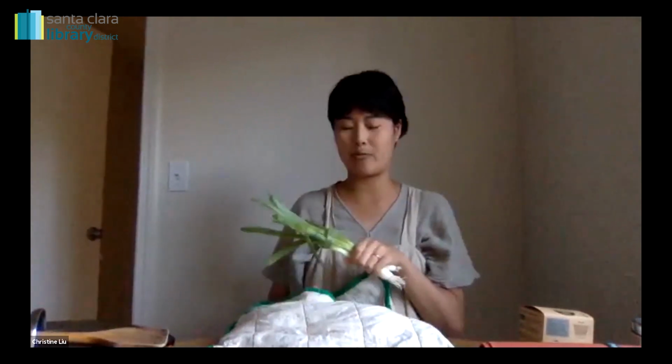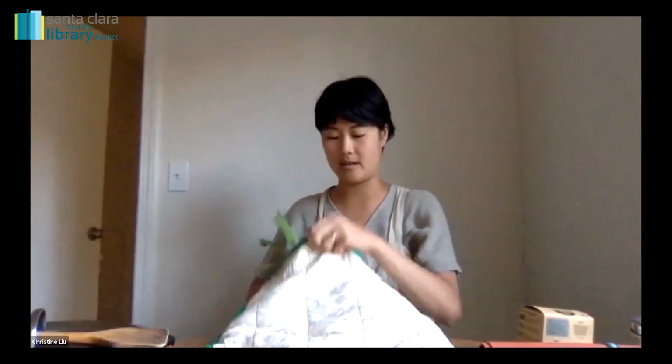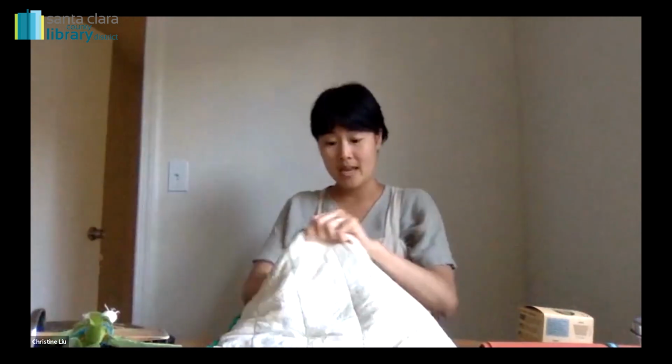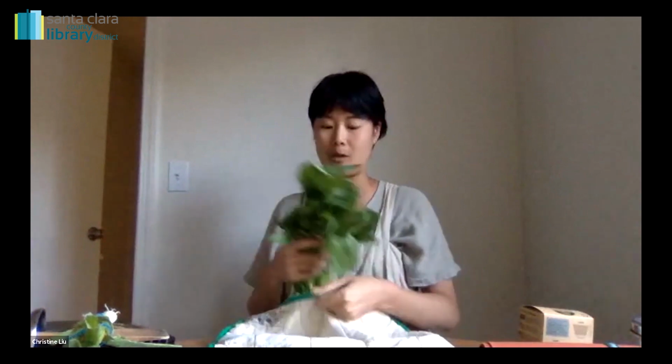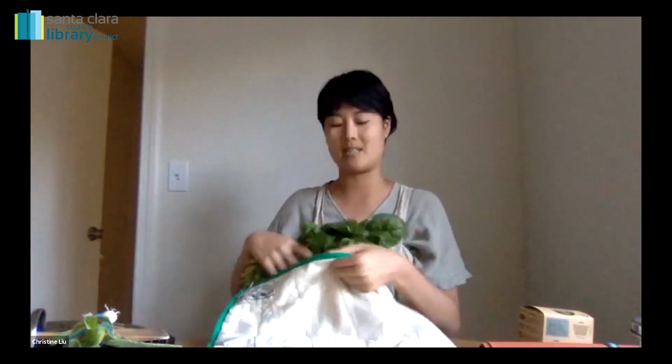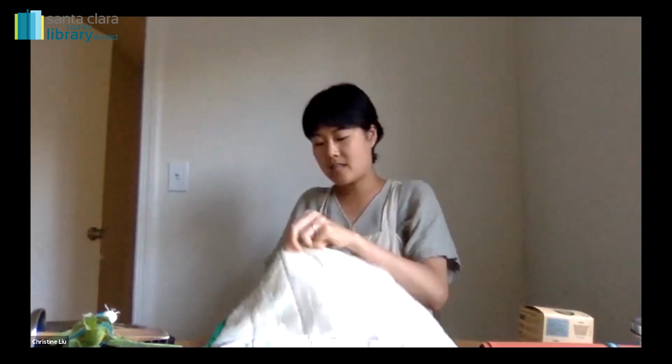This bag right here is really great because some produce will need a little bit of moisture to keep them fresh, and this particular one is called a swag bag. It works really great for herbs such as cilantro that gets really wilty, green scallions, excuse me, and also spinach or romaine lettuce. I just got this today, it's falling apart. But it keeps it really crisp and fresh for, I think, at least a week, which is a lot better than if you keep it in a plastic bag. And it does this by